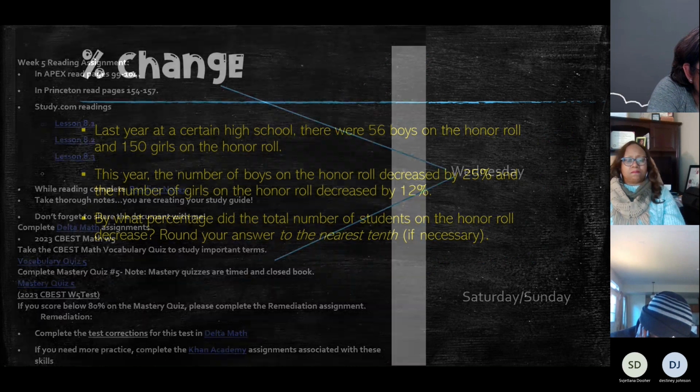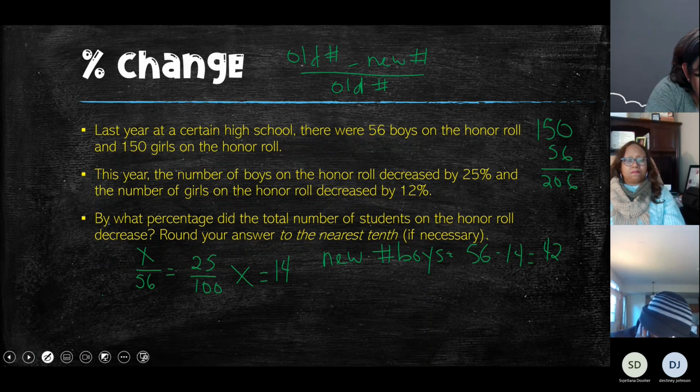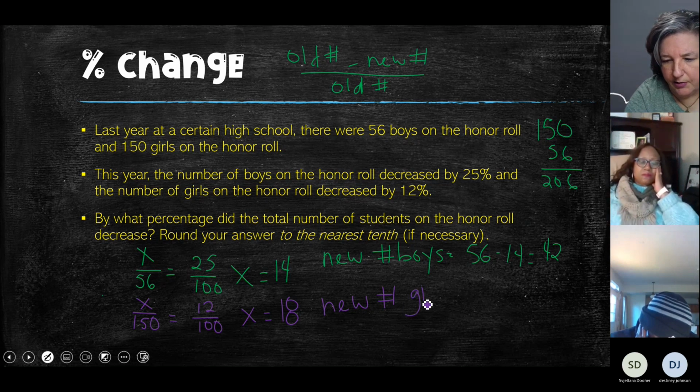And then the number of girls decreased by 12%. So, sorry. x over 150 equals 12 over 100. So the new number of girls equals